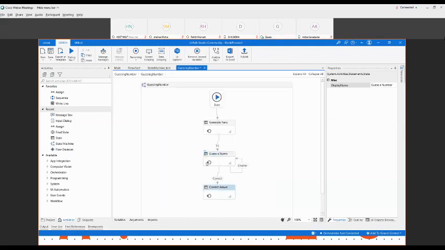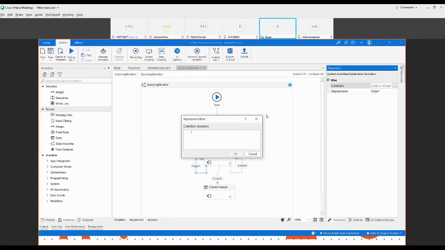I can use a similar one more for bigger. Give a name first of all: bigger. I can also mention the condition here if you want, and open it in a big window by clicking here. The condition will be guess number greater than random number.